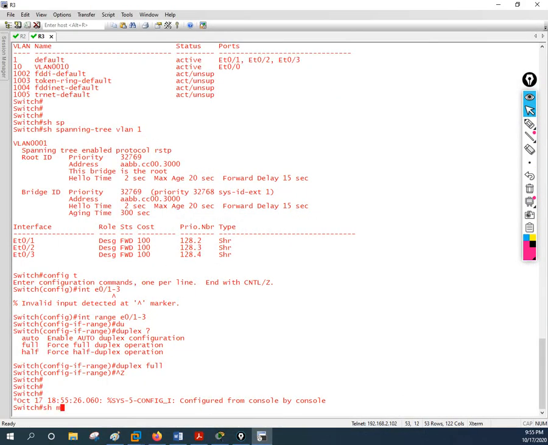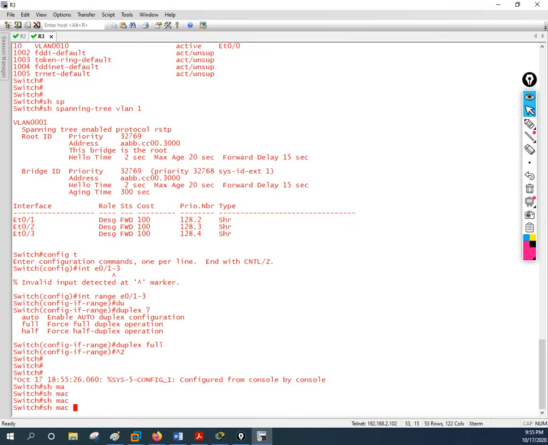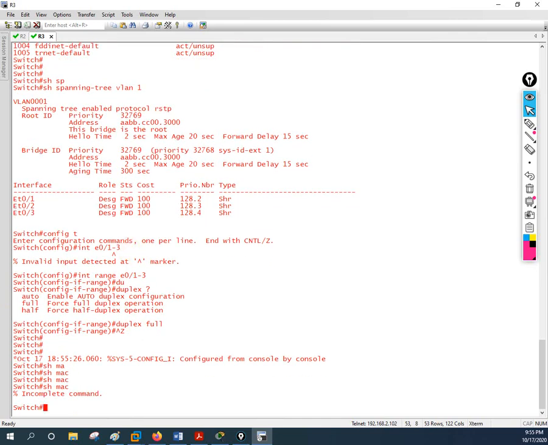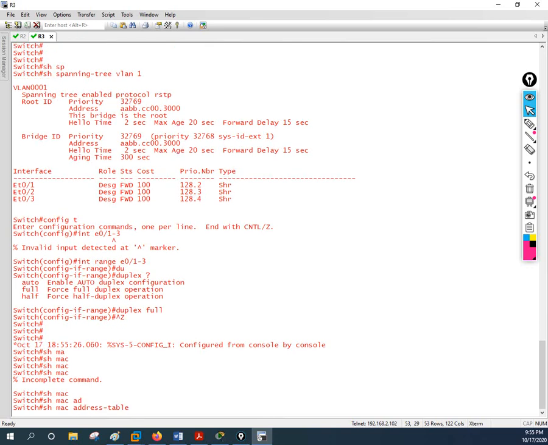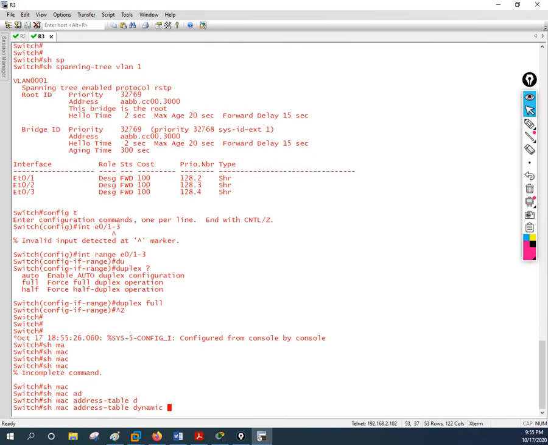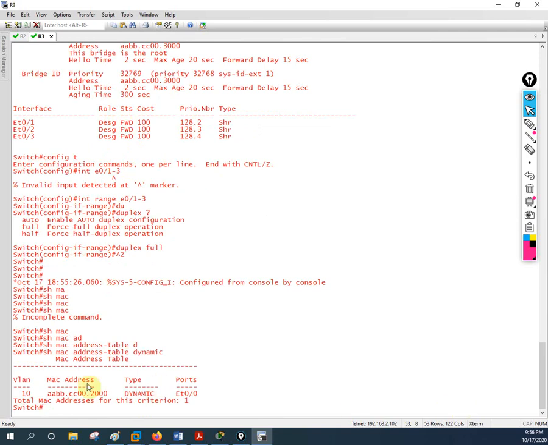We can write show mac address-table. If you want to check dynamic, I will write dynamic, then enter. So see here, one MAC is detected. This is AABB.CC00.2200. This switch learned it dynamically, and it learned it from port E0/0, which means this is switch 3, this is switch 2.